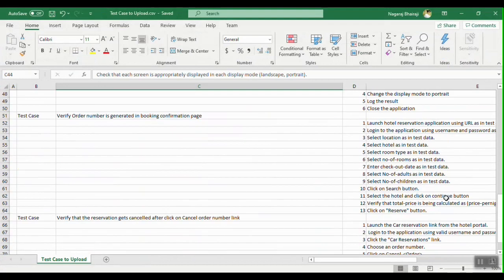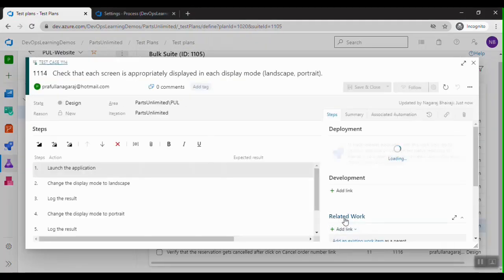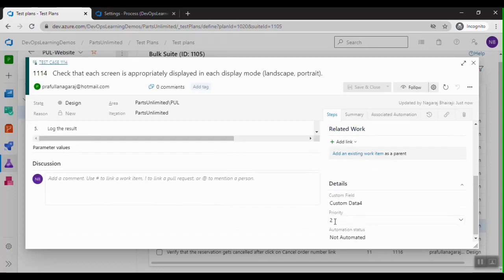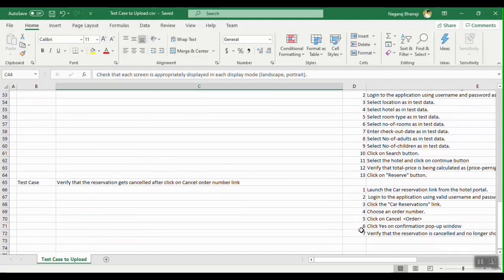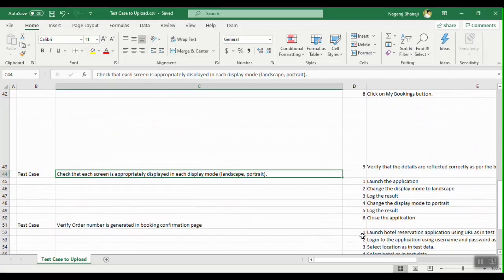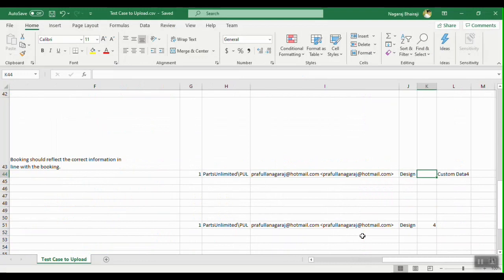Landscape portrait, yeah, this one. So if you see here, the priority has value 2, but in the Excel, I mean in the CSV file, we didn't have the value. So it all depends on the process template rules and conditions.